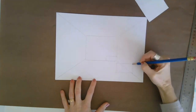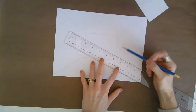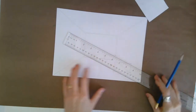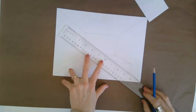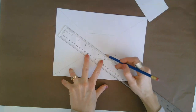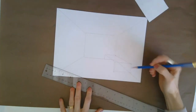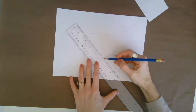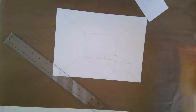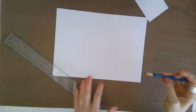Top right corner, top right corner. For sure, use a ruler at this point, and I'm going to draw lightly, so I'm going to connect it. Top left corner, connect it. Bottom right corner, it's already connected, so leave it. And then bottom left to bottom left corner, connected. And now I have the beginning of a bed that you can see through, which is not ideal,